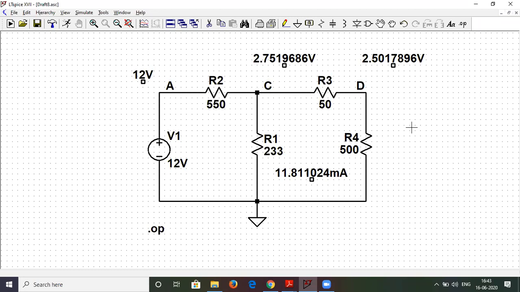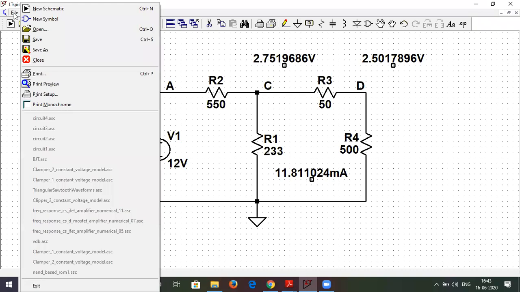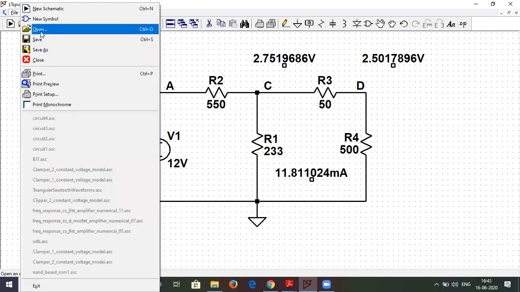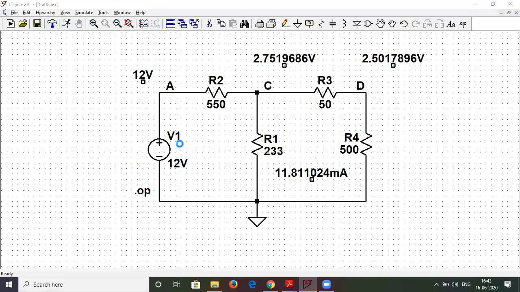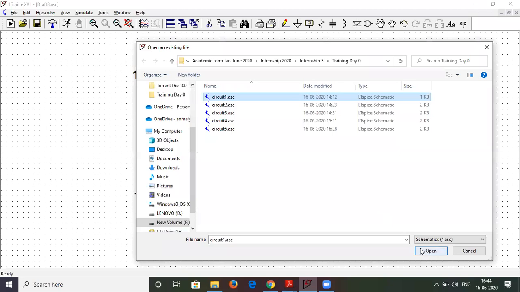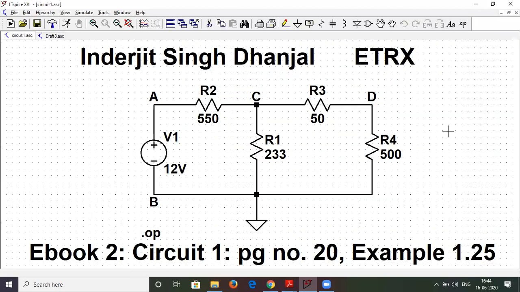Okay, now let me proceed. There is a strict guideline now. Whenever you make one circuit, you have to name it absolutely correctly. Let me show you. Is this example clear? I'm opening an example from here. I've already saved this. Let me open one example and show you how to name a circuit. Now see, this is the same circuit which I have done, right?